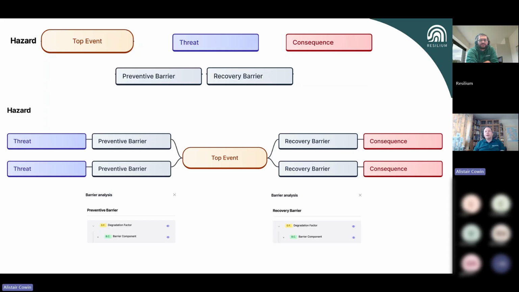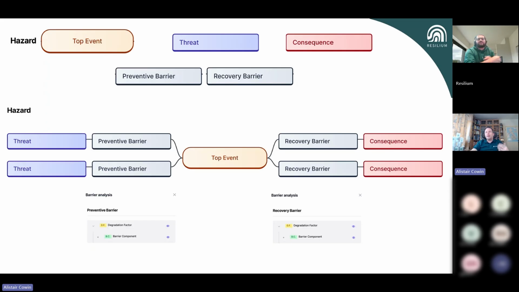So barrier modeling seems very simple, but I can tell you from experience that getting the hazard and the top event right is the real challenge. And what we've seen with lots of clients is often they have a very high focus on recovery barriers. They're firefighting. They accept the loss of control, and they've got very good at picking up the pieces and managing that situation. And working out what you do can be quite tricky to get into this space. So there's a little bit of science and art mixed up in how you build these models, but it's a very simple concept to display.